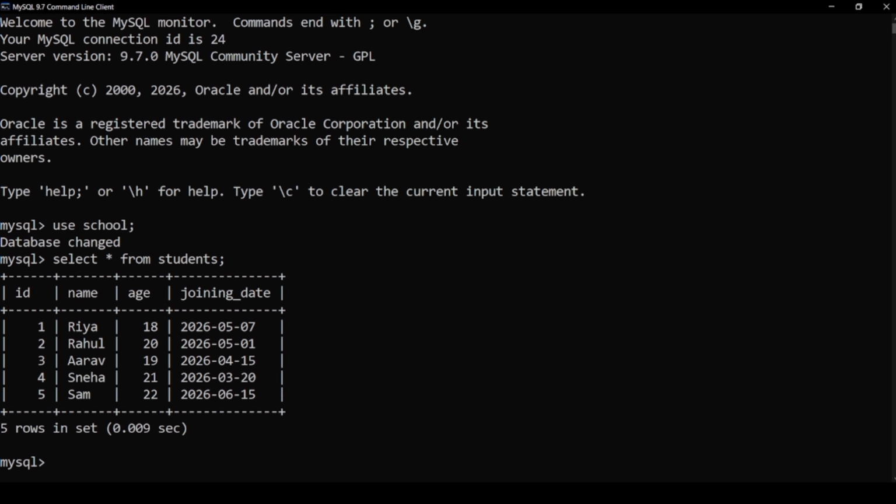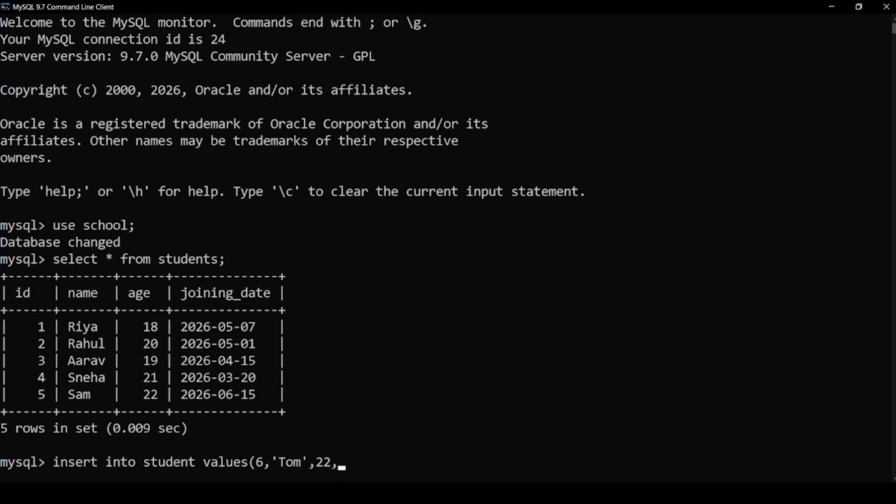Now I want to add one more record. So I'll mention here insert into student values, bracket open. I'll mention the ID as 6, comma. The name has to be in quotation marks, so I'll write here Tom. I'll mention the age 22, comma.